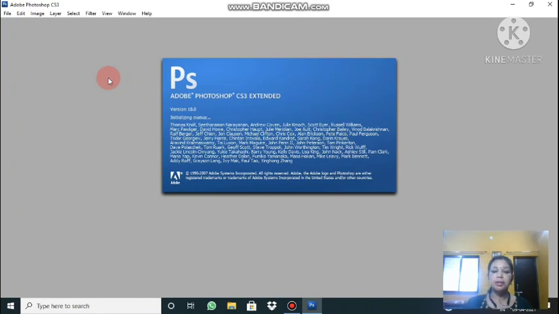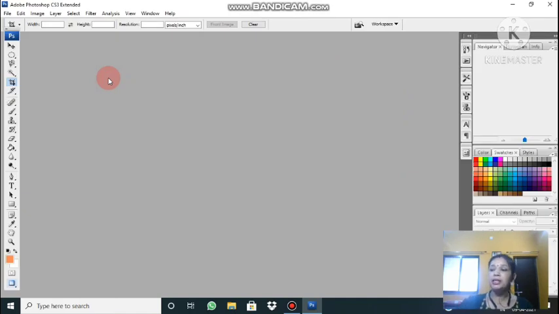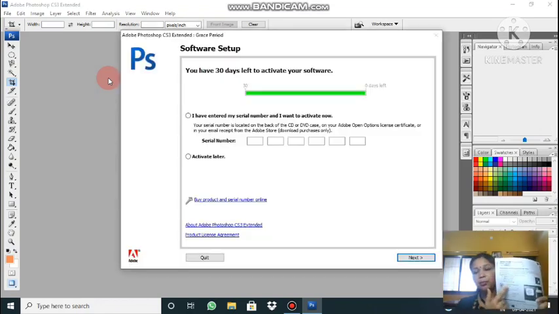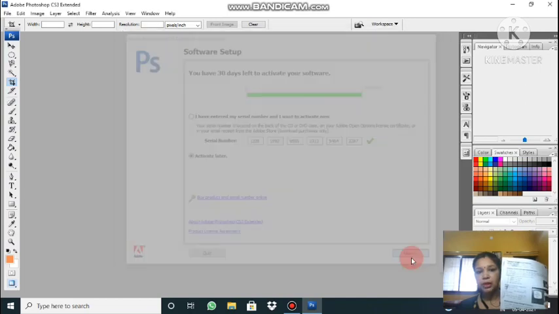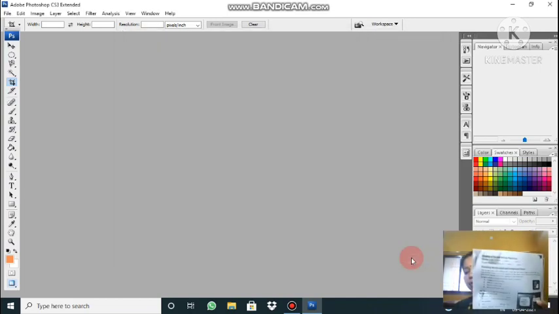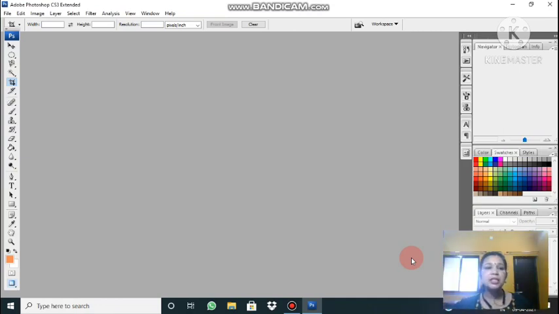Background color means, if you're taking an image page and you have written something on it, the writing portion, what you have written here, I have written, this typed one is with black ink, and the background where the page color is white. So the page color is basically known as the background color, and the color of ink you are using on that background will be known as the foreground color. I repeat, background color is the color of the page which you are working with, and foreground color is the color on top of the page.